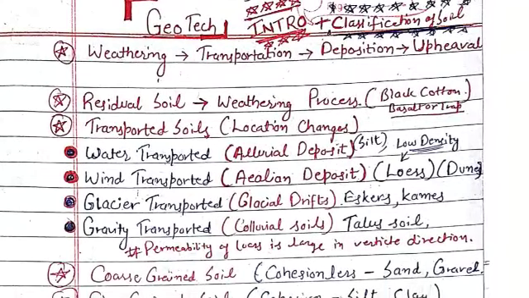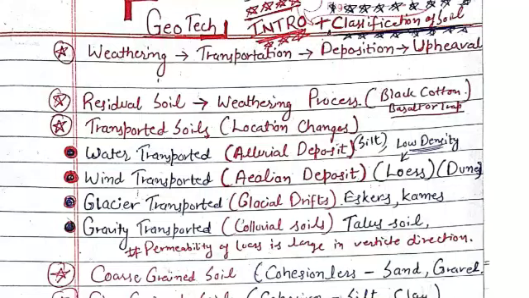Next is process of soil: weathering, transportation, deposition and upheaval. Next one, types of soil. Residual soil is formed by weathering process, that is black cotton soil, and black cotton soil is formed by basalt or trap